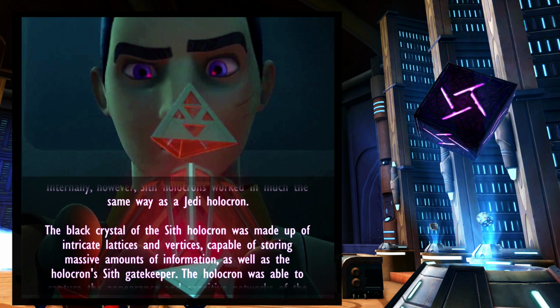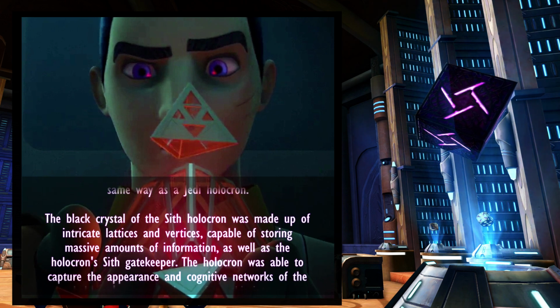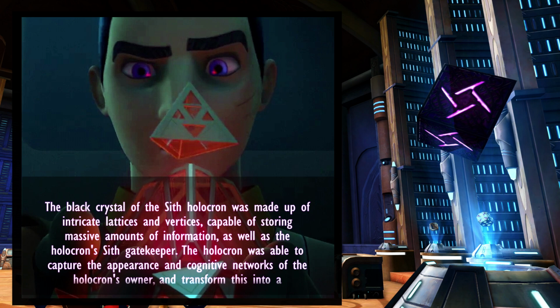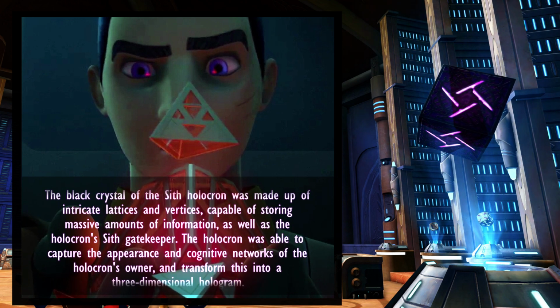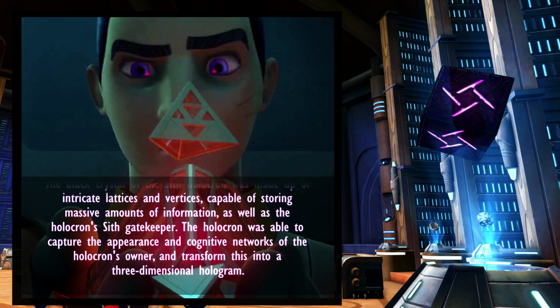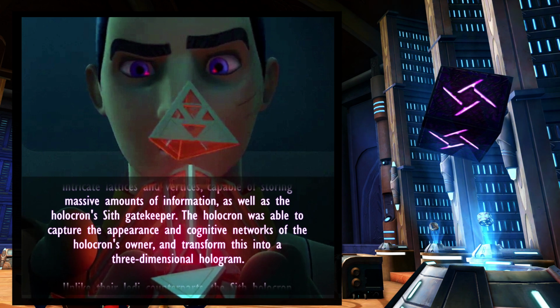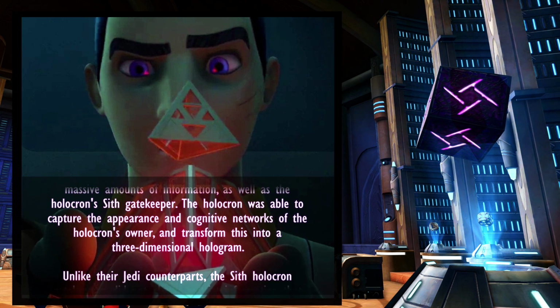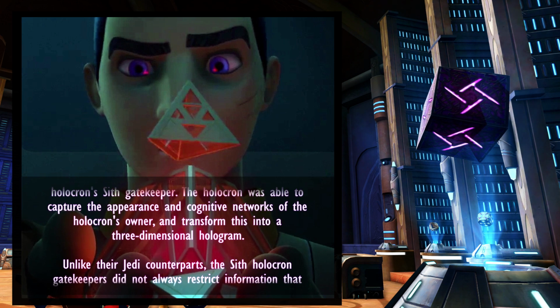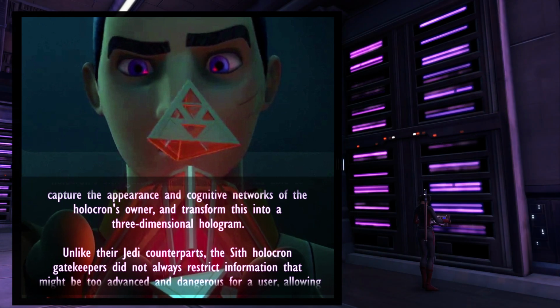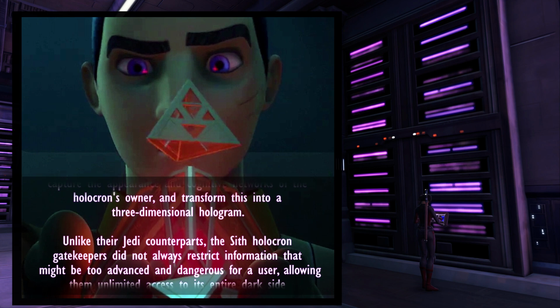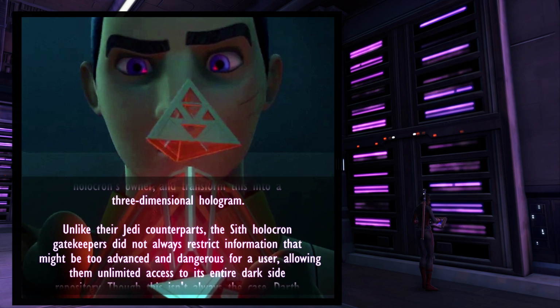Internally, however, Sith holocrons worked in much the same way as a Jedi holocron. The black crystal of the Sith Holocron was made up of intricate lattices and vertices capable of storing massive amounts of information, as well as the Holocron's Sith gatekeeper. The Holocron was able to capture the appearance and cognitive networks of the Holocron's owner, and transform this into a